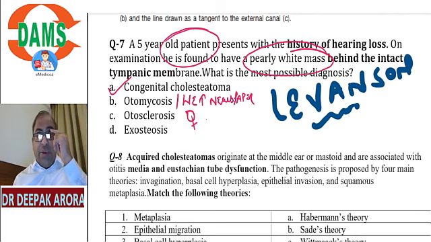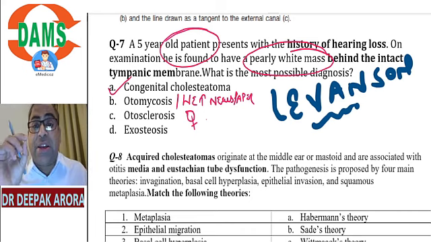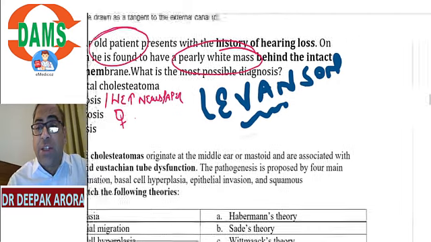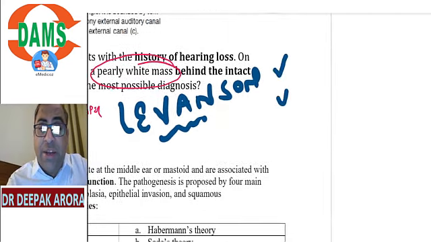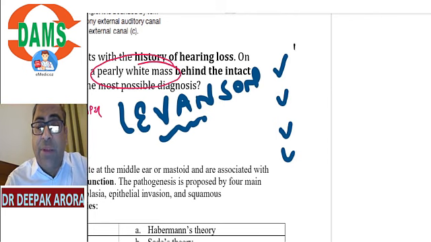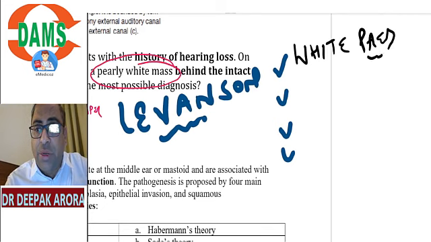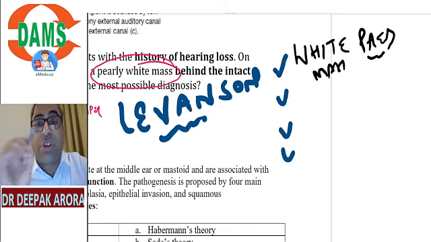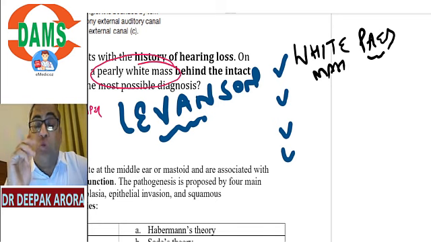Beta, I understand all these students, the 3rd year student or 2nd year student who are listening to me, and you will be going for next examination, all the classification, all the criteria will be very crucial. Clear? So Levinson criteria is something to do with congenital cholesteatoma, and Levinson criteria have 4 points. Just remember, the first point is pearly white mass. There is white mass in a pediatric patient. Pearly white mass in a pediatric patient. If you want to make a diagnosis,